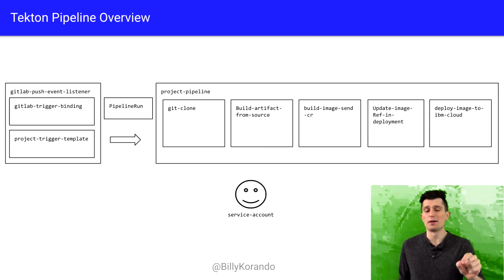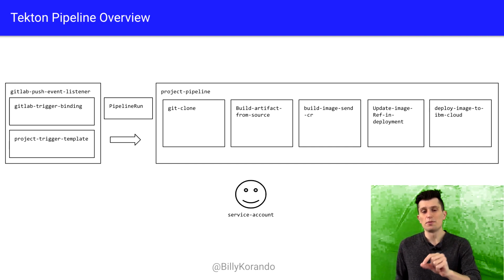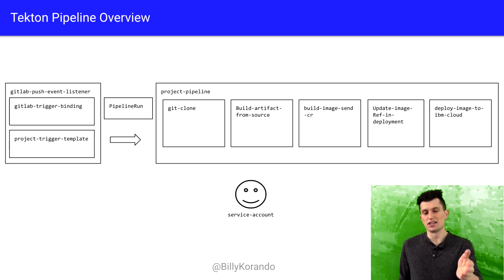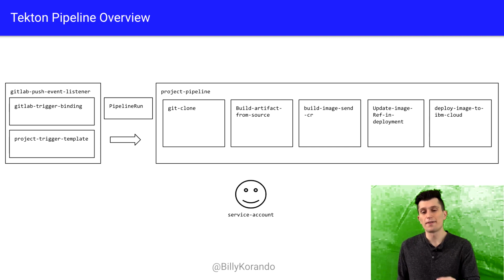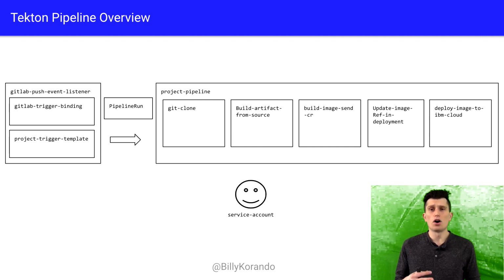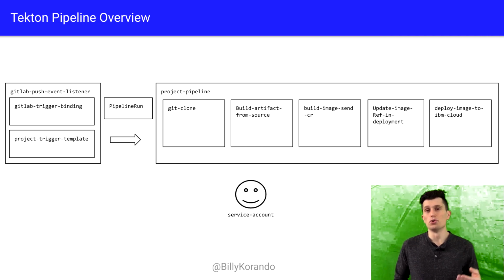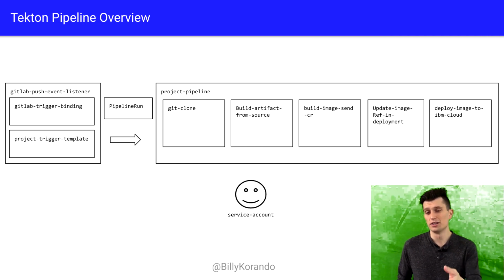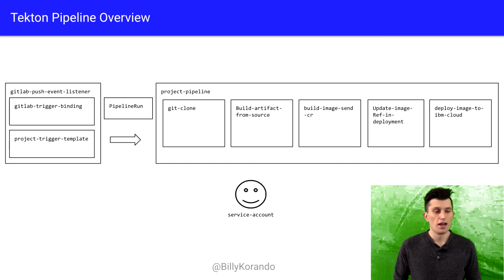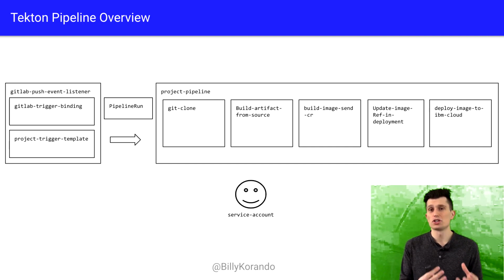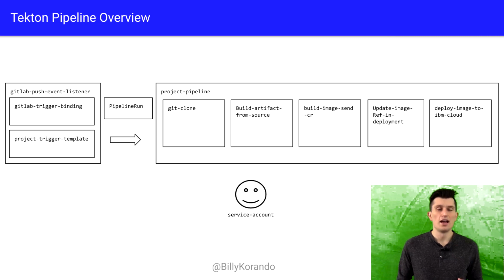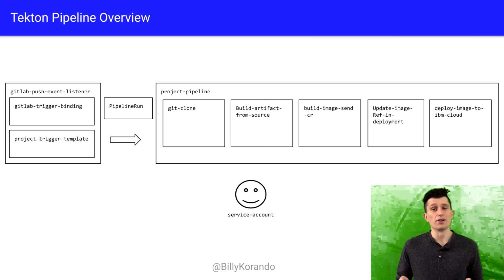This then creates a pipeline run, which then goes into the project pipeline, which then does the git clone, building the artifact, sending it to a container repository, updating our deployment information, and then eventually pushing it out to our cloud location, in this case an IBM cloud. And underlying this all, we have our service account, which provides identity and access to create resources on